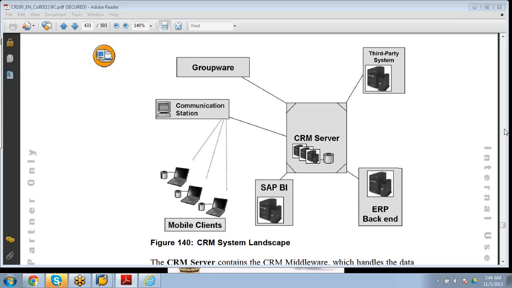Mushir, can you hear me? So I can hear you now. Oh, okay, that's fine. So I started now, just take the system landscape. Okay, sir.